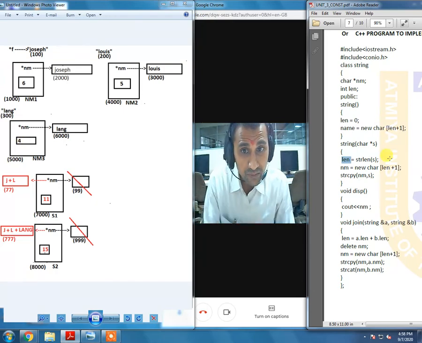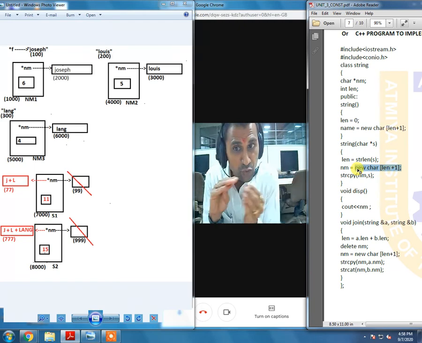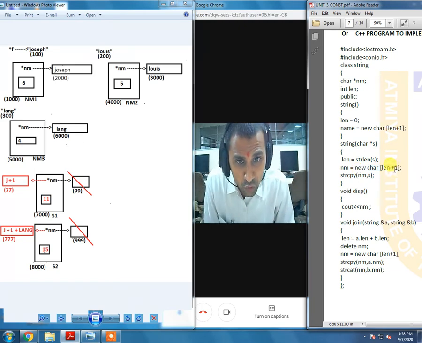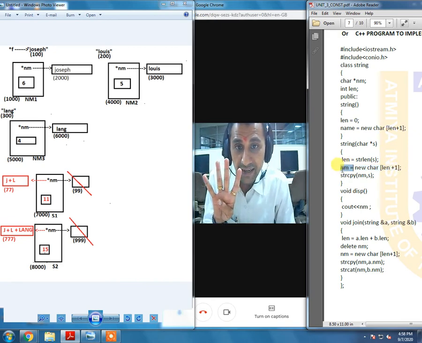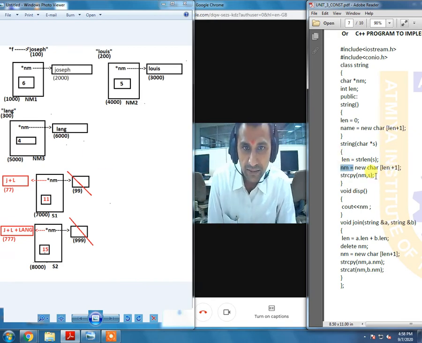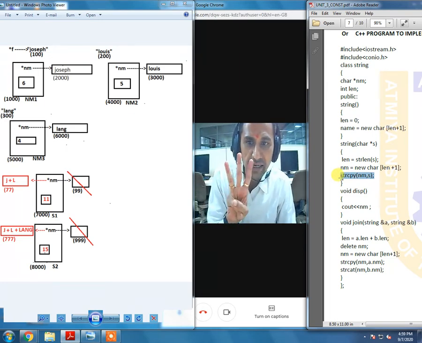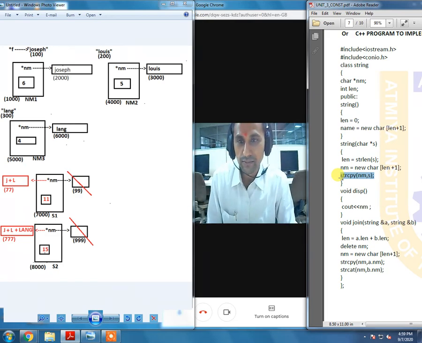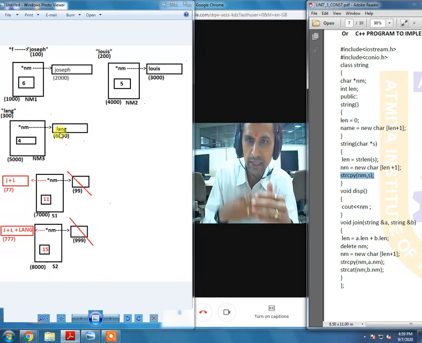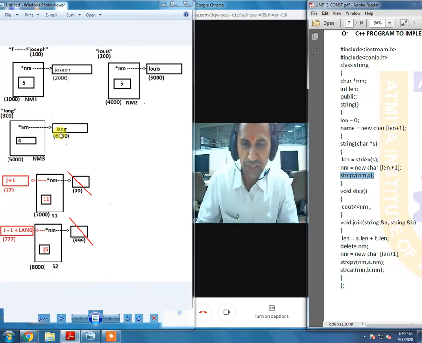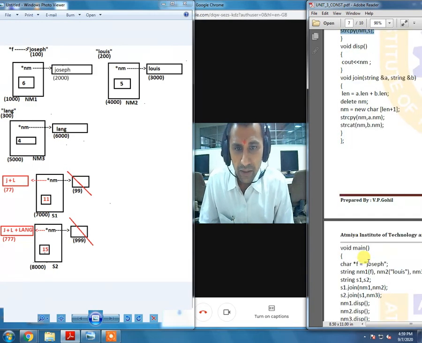Memory allocation once again. Now you are familiar with that, from right to left, from reverse to front. We want to store 4 characters. So, the compiler is going to create a new block to store 4 characters and assign its starting address to star nm, just like that. Easy part, string copy. The content of 300 is going to be copied into 6000. That is how the nm3 object is also initialized. What do we have next?